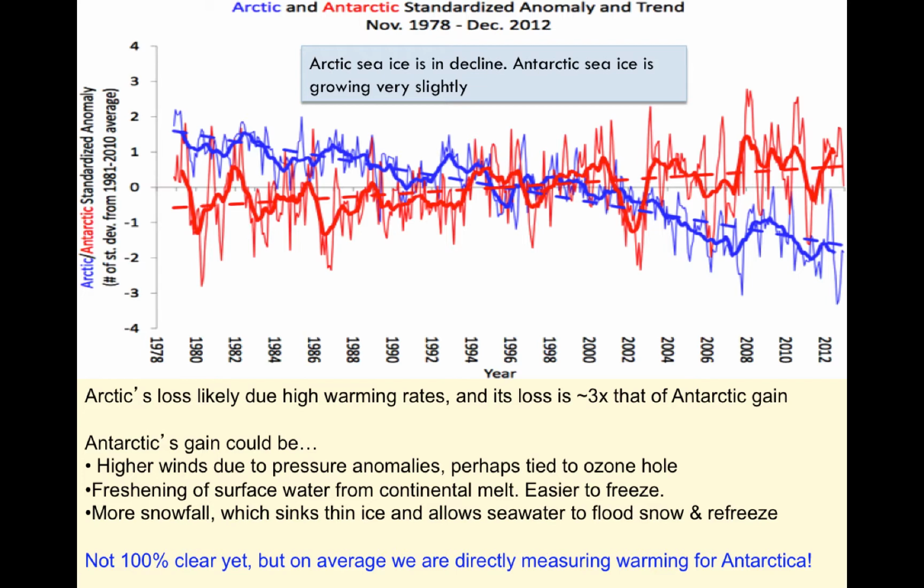It could be some combination going on there, but one thing is 100% clear. We are directly measuring warming for Antarctica. So it's not that Antarctica is getting colder over time. There are just some interesting processes here that are causing sea ice to grow somehow. If you go to my notes, you can look at this link and get a lot more information on those